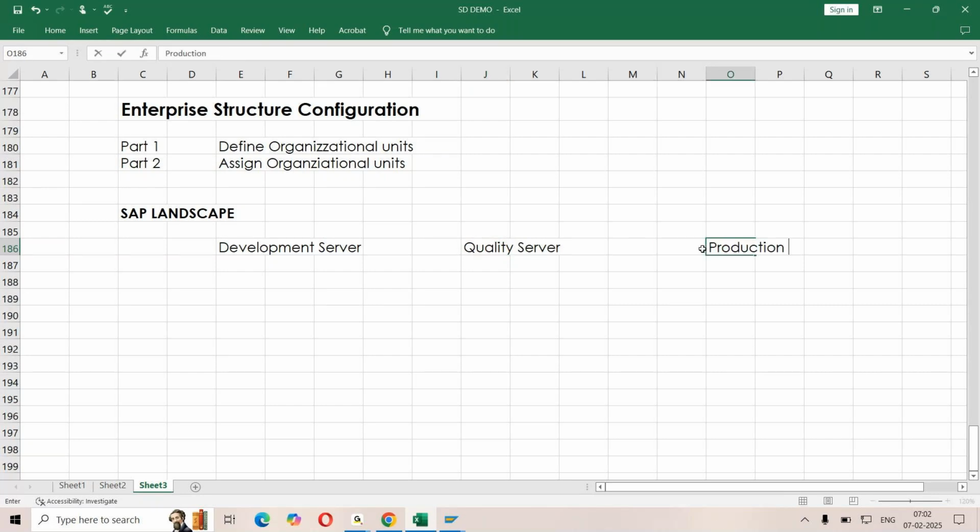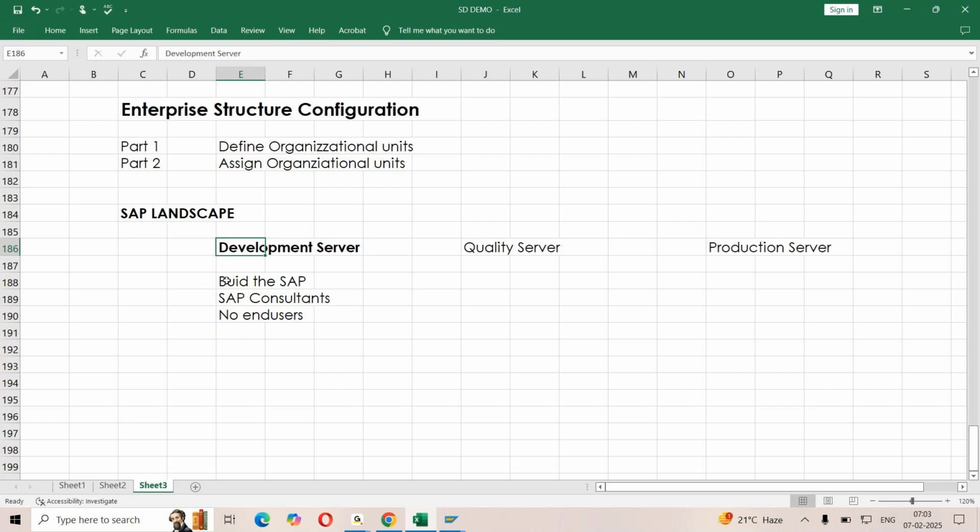Now, what exactly happens here? I'm just giving you an overview. In development, we build the application, and this is totally under the control of consultants. No end users will be given access to the development server.